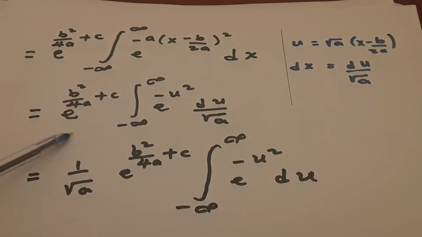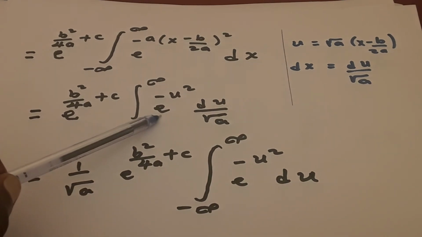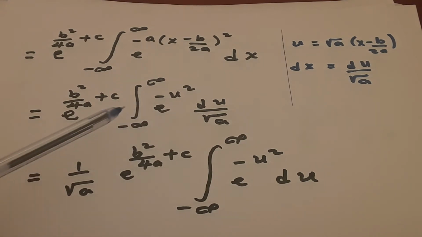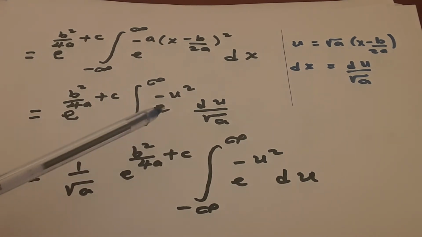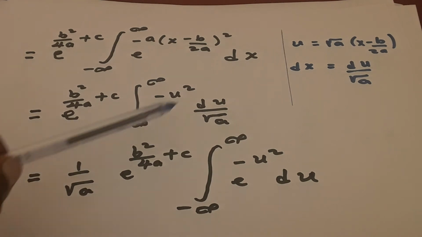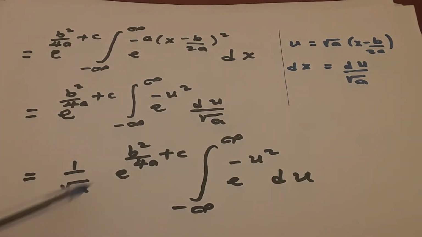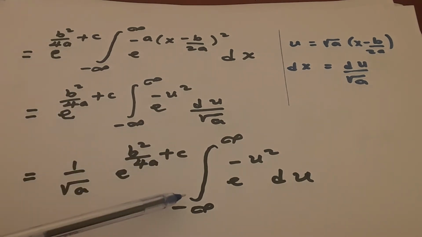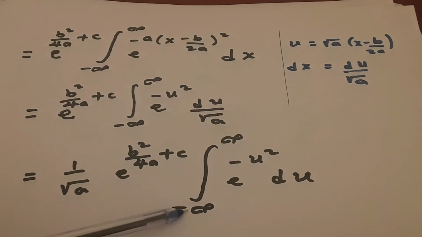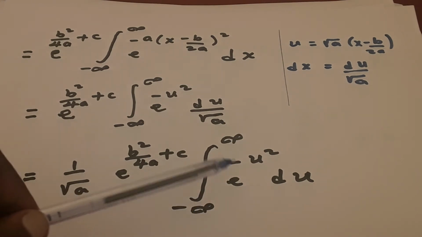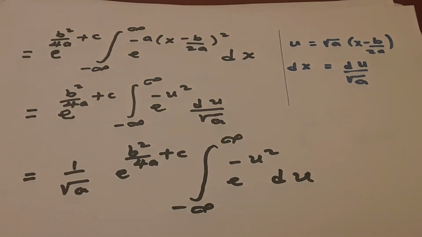Using the substitution, we got an expression e raised minus u squared du over square root of a. 1 over square root of a is a constant, so we move it out of the integration. So we have e raised b squared over 4a plus c, and then this integration reduces to e raised minus u squared du. Essentially, we got this form,